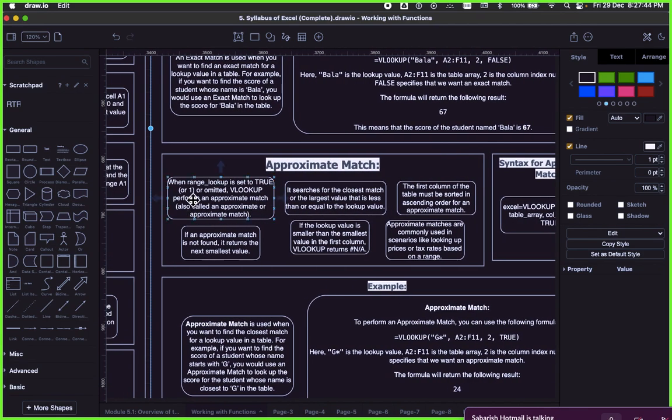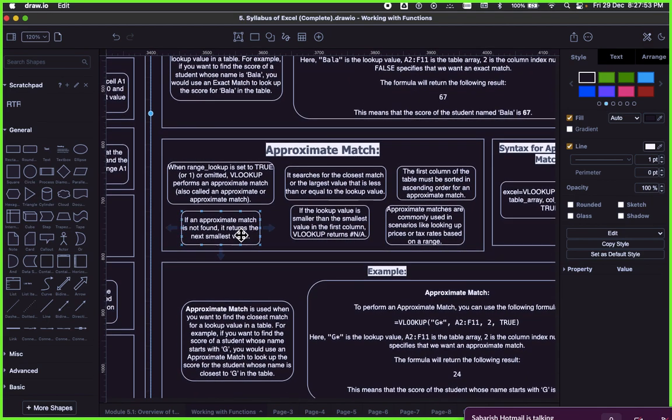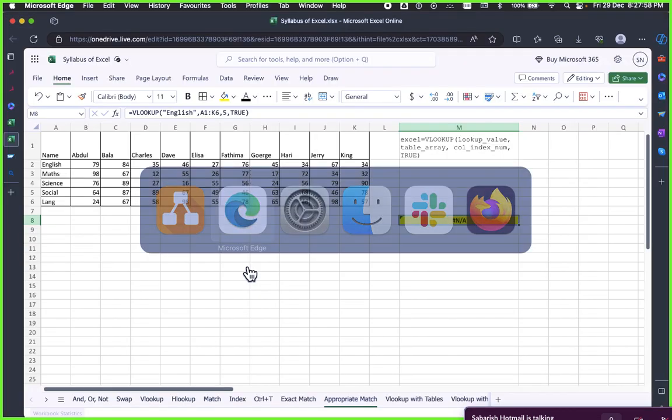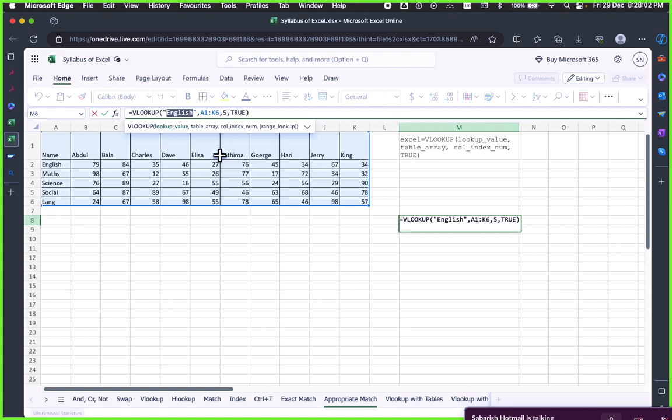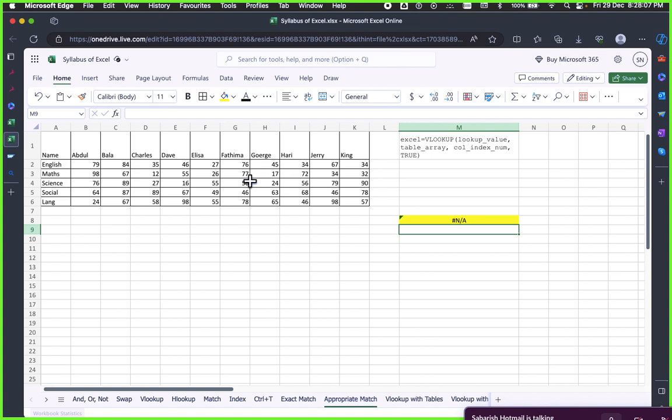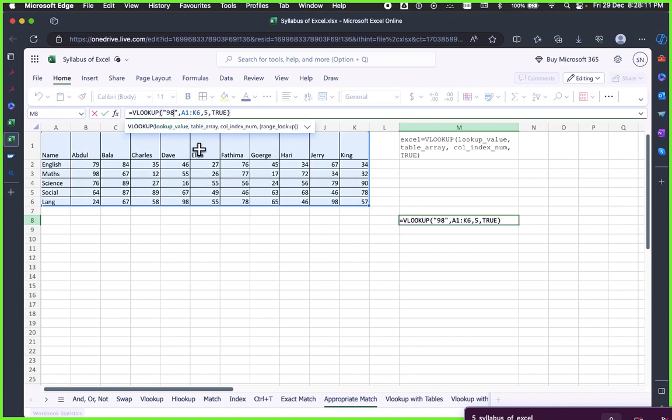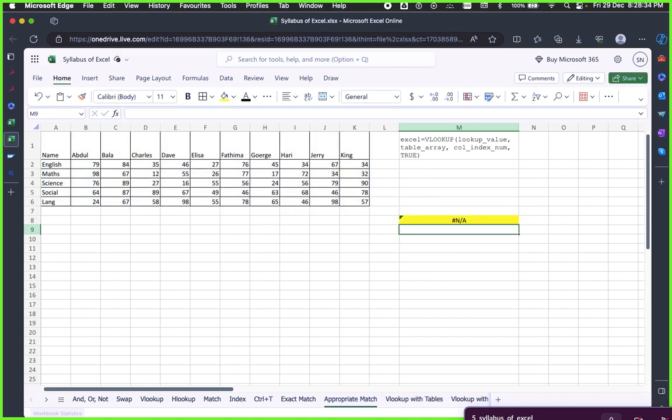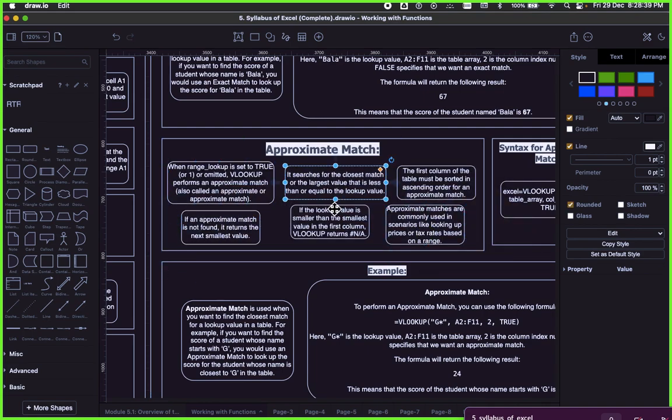So when range lookup is set to true or 1 or omitted, VLOOKUP performs an approximate match. If an approximate match is not found, it returns the next smallest value. So I will search for 98. So we look up for... okay. It searches for the closest match or the largest value that is less than or equal to the lookup value. If the lookup value is smaller than the smallest value in the first column, VLOOKUP